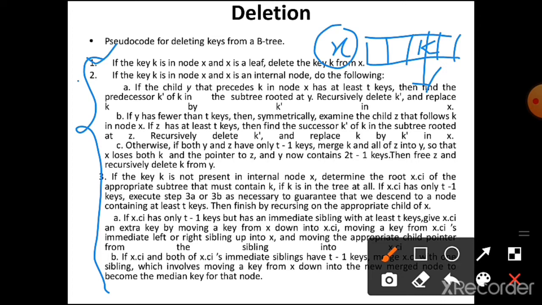That means it is not a leaf node, so it contains some children and it has some parents. So it is an internal node. Then we are checking the other three conditions. If the child Y that precedes K in the node X has at least T keys,